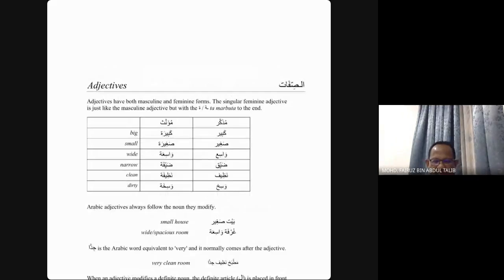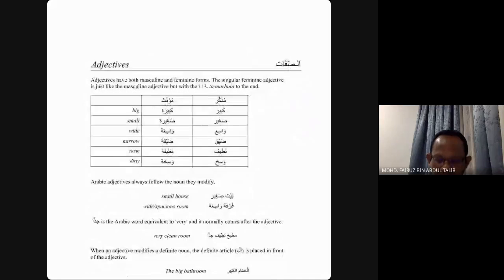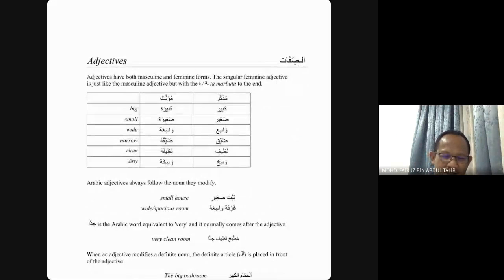All right. So this one is about adjective. In Arabic, we call it sifatun. As-sifatu. Right? As-sifat. So sifat, adjective. Okay, so here these are some short notes about sifat, some basic things that you need to